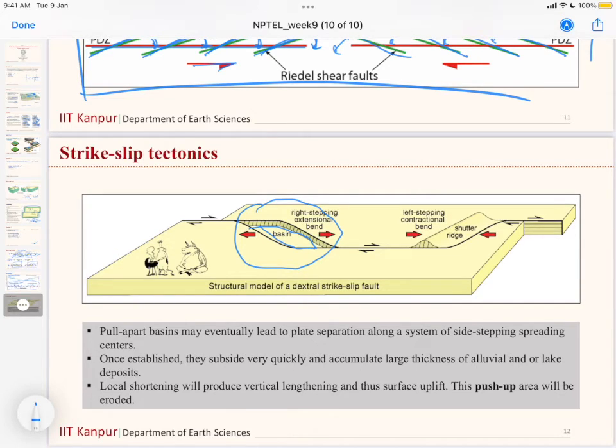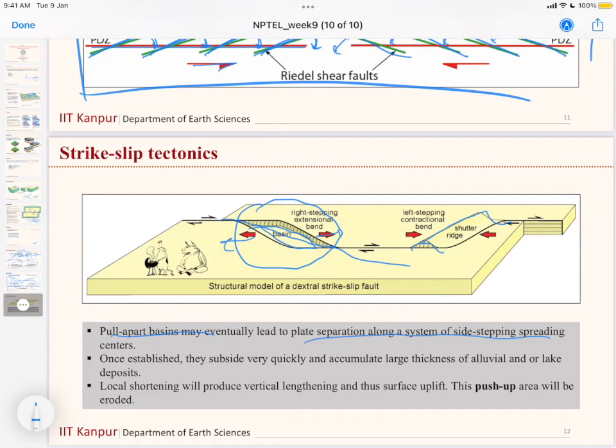It has a depth as compared to the right hand direction, where due to the compression this ridge kind of landform has been created. Now a pull apart basin may eventually lead to plate separation along the system of side stepping spreading center. Since extensional energy is working, in future it might happen that these two blocks can get completely separated,